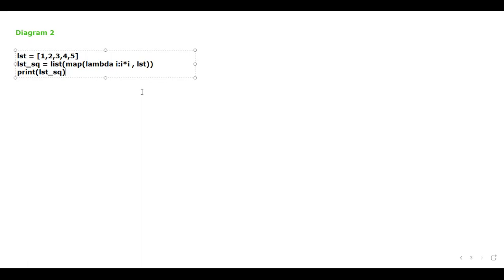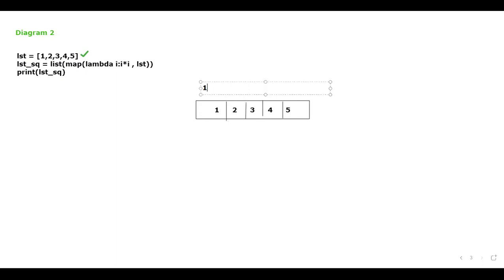Okay, don't you think it's pretty simple? A list object will be created. I'll just consider 1, 2, 3, 4, 5. Next, this is a list object, and this happens to be the reference variable. Sir, what is the reference variable? Sir, the reference variable happens to be 1000. Next, where will this 1000 be stored? Sir, the 1000 will be stored within a variable called LST, which is holding the address of the object, pointing to this object.